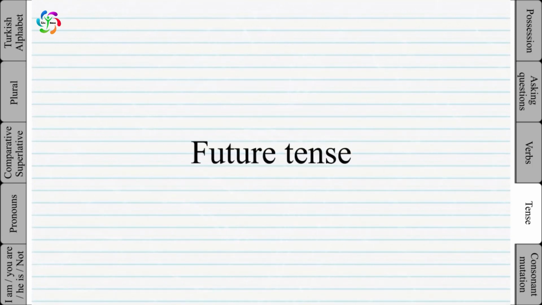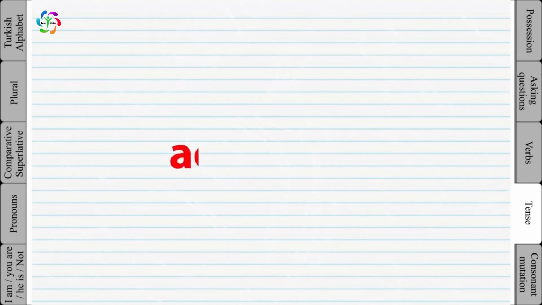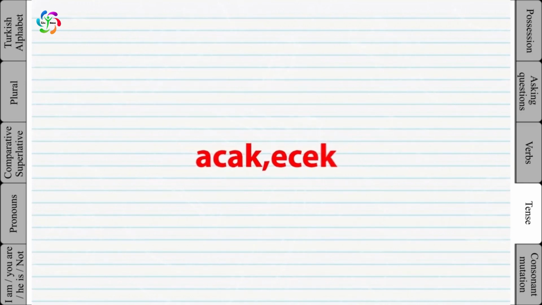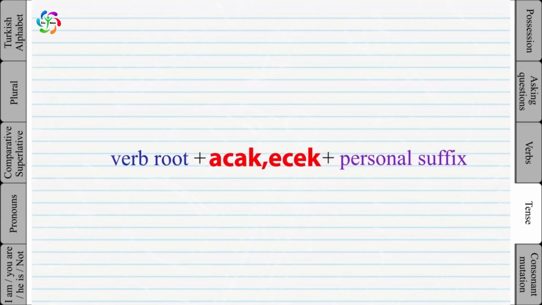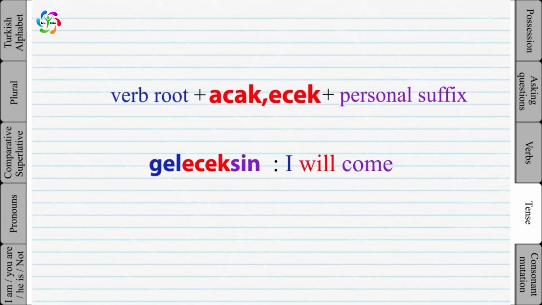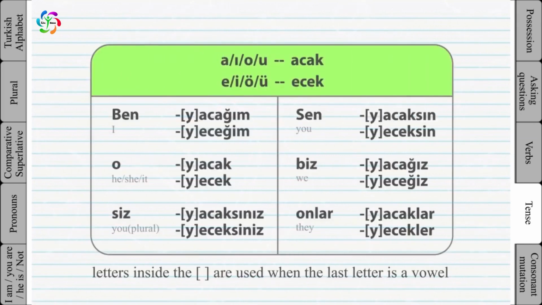Future tense. By now you should have an idea how the Turkish grammar works, how by adding a suffix you can change the tense of a verb. The future tense is no exception. The suffix for the future tense is acak, ecek. For example,